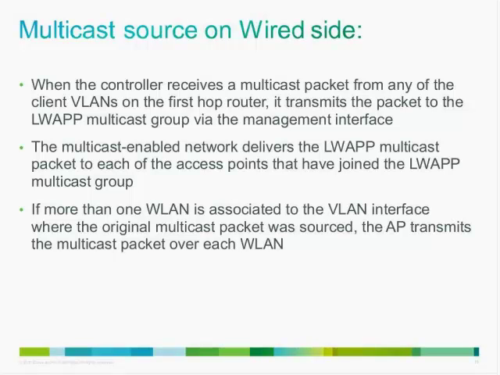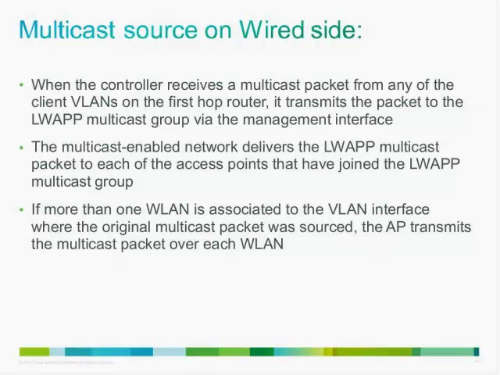There are various ways and various paths that a multicast packet can take, depending upon whether the source is on the wired side or on the wireless side. So, assuming the source is on the wired side, when the controller receives a multicast packet from any of the client VLANs on the first hop router, it will transmit the packet to the LWAPP multicast group via its management interface. The multicast-enabled network will then deliver all these packets to all the access points across the network that have joined this LWAPP multicast group, and the access point will then deliver all these packets to the clients and replicate them